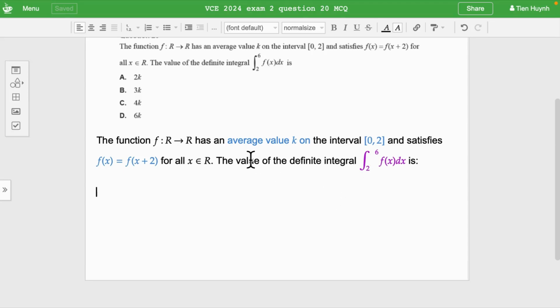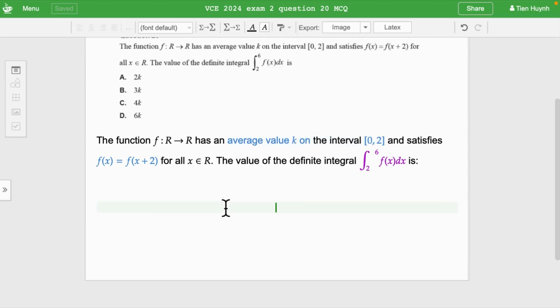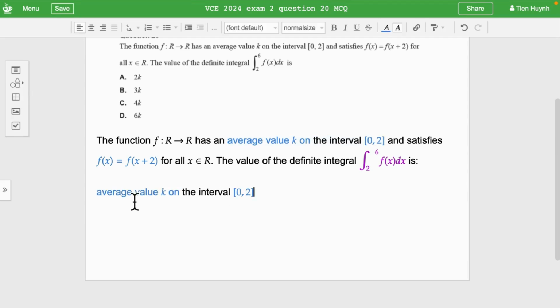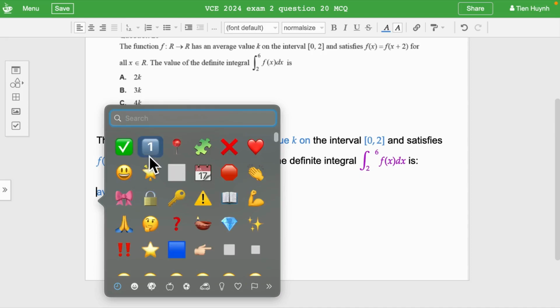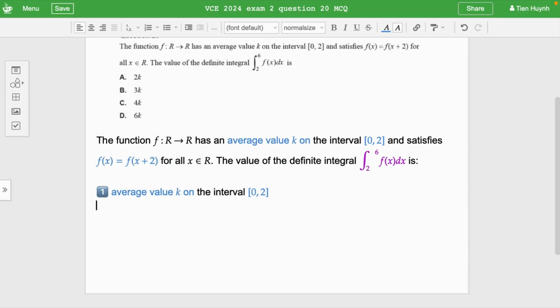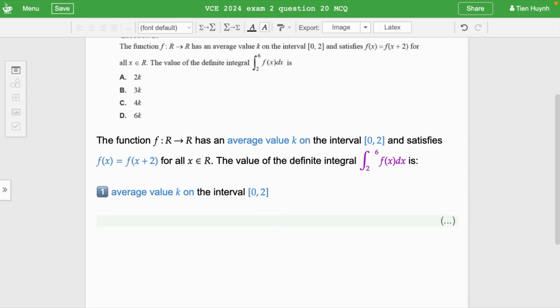So in order to answer this question, let's analyze the information given. This is the first piece of information that we need to analyze. The average value of the function is k on the interval from 0 to 2. Right, now, so first of all, then